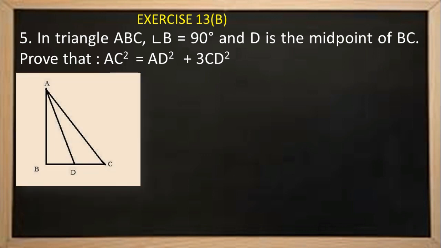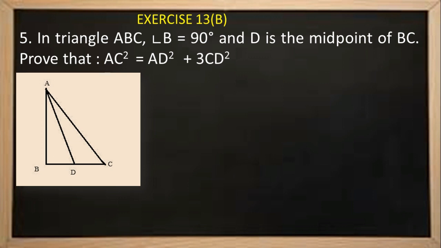Consider a triangle ABC so that angle B is equal to 90 degrees. And it is clearly mentioned that D is the midpoint of BC. So if a point is marked as the midpoint of any line segment, the midpoint divides the line into two equal parts. That means if D is the midpoint of BC, then BD is equal to DC, or we can say BD is equal to half of BC, BC is equal to twice BD or twice DC. That means it is 2 times the sub value.